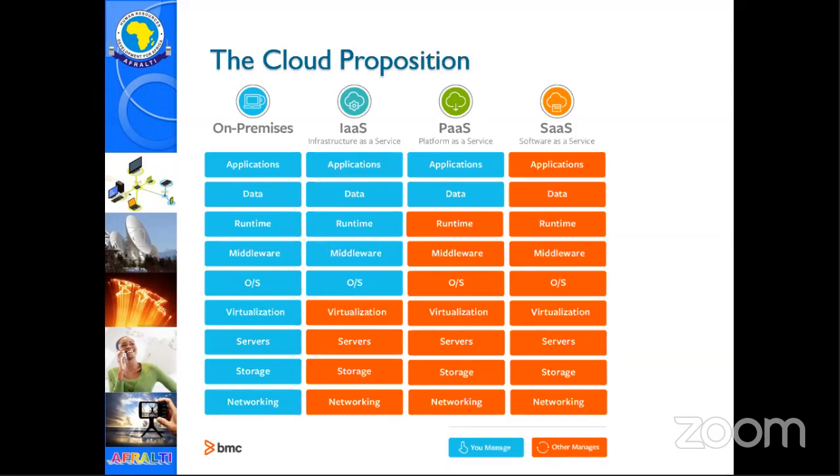The second phase is what is known as platform as a service. So the first one is called IaaS, or infrastructure as a service. The second one is platform as a service. What is the difference? In this offering, the data center or the cloud provider will provide you everything, including the operating system licenses, the middleware, and the runtime. And all you do is input your data into the system, and you run your applications. What is an example of that?